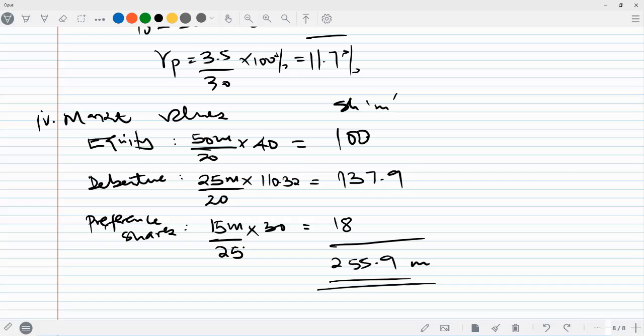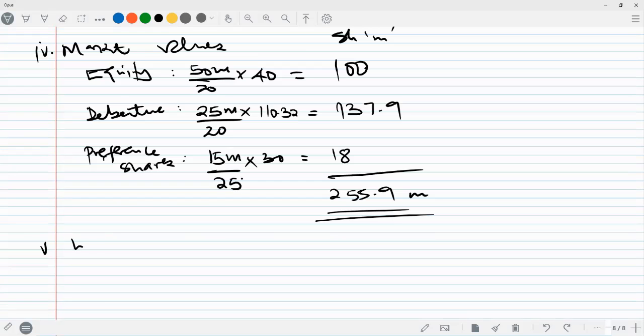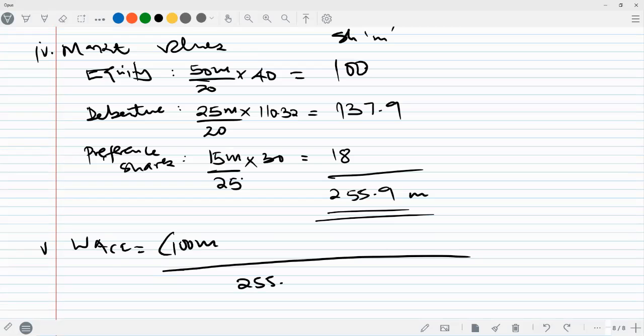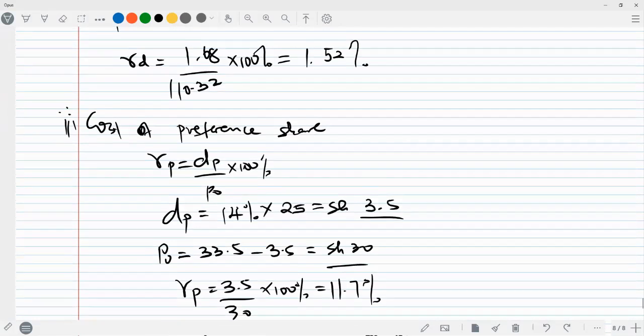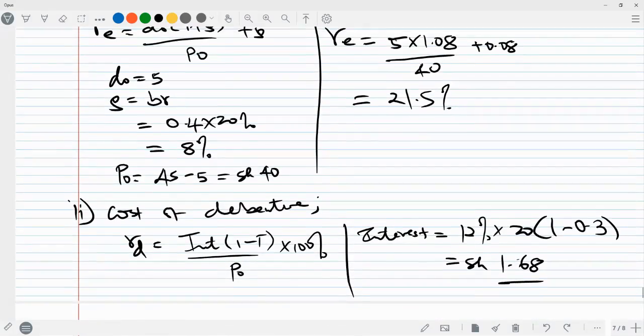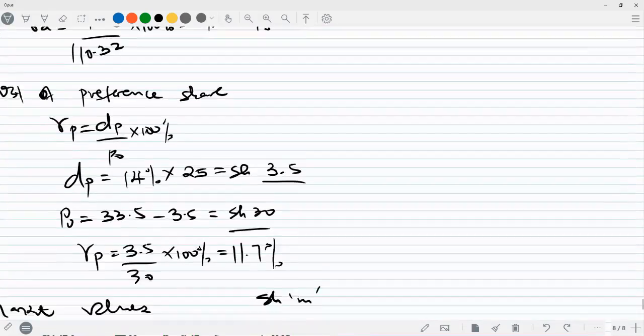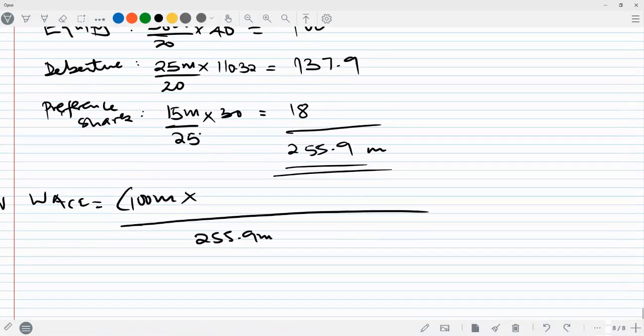Now, we need to get the company's weighted average cost of capital. So step 5, the weighted average cost of capital is the weight of equity, which is 100 million, divided by the total market value, 255.9 million, times the cost of equity, which we obtained to be 21.5,